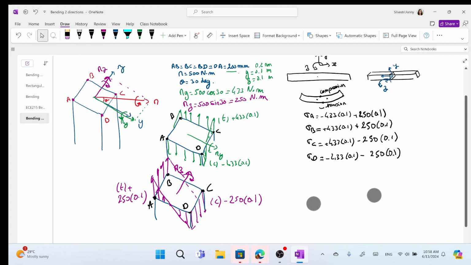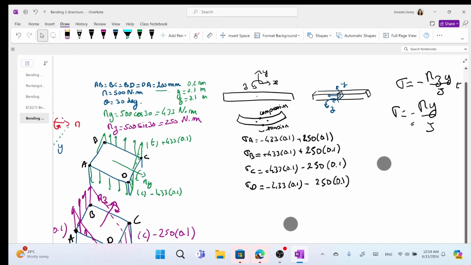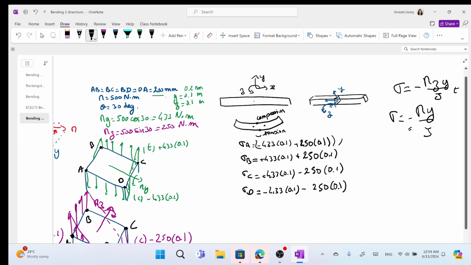Okay. So we just forgot something. The formula is sigma equal My divided by J. I will explain this minus after that. Even more for our formula there, because we have to think the formula is minus Mz y divided by J plus My z divided by J. I will explain those signs, but for now what we need to do is divide everything by J. So divide by J, divide by J, divide by J, and divide by J, and we can find J